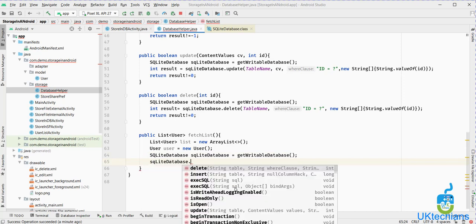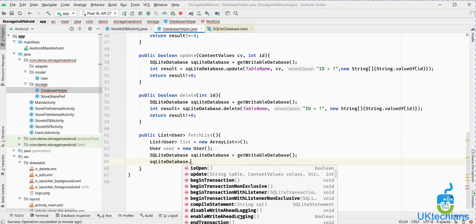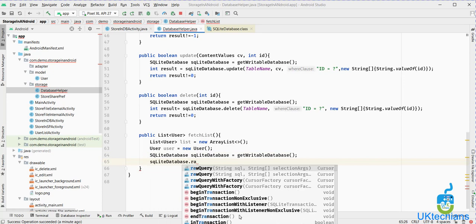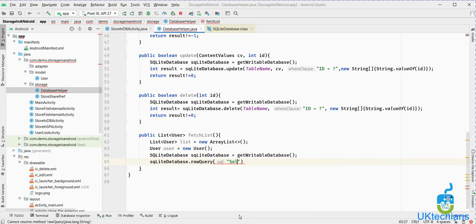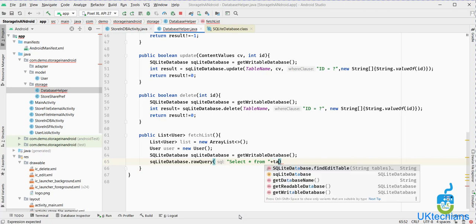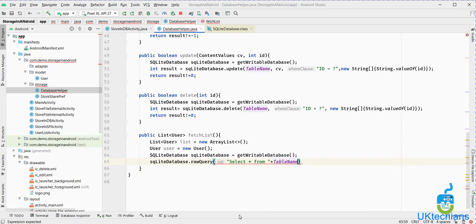SQLite database dot, we will execute here the raw query. Raw query means to fetch the overall data, or a query to get the raw data, the maximum amount of data. So we will use raw query here, and we will type here select all from whatever our table name is, and then after the SQL query we don't want to pass any argument, so we will say equals to null.